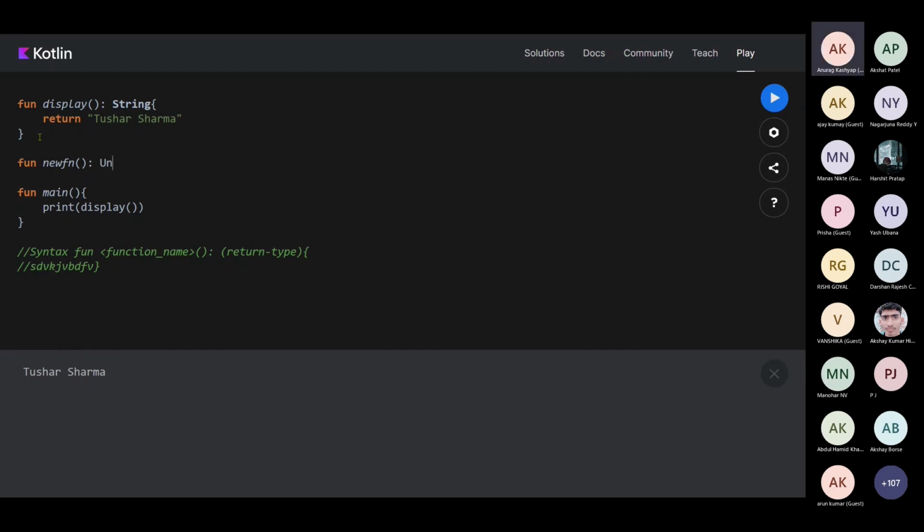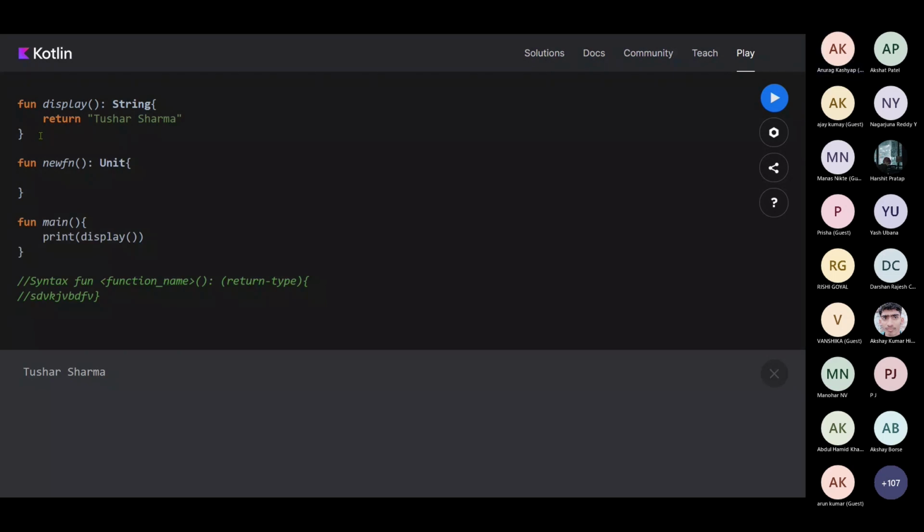I'll explain unit again, but for the time's sake, just understand this. Here I am printing "This is a new function" followed by a newline, and I'll call my display function.